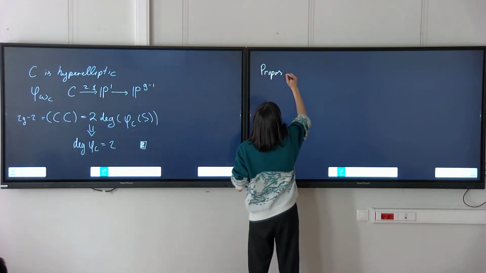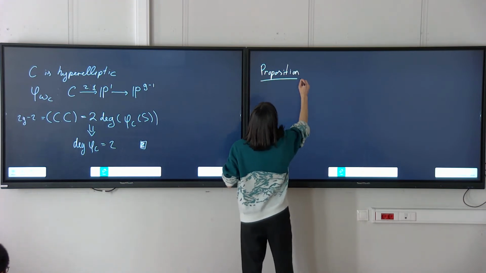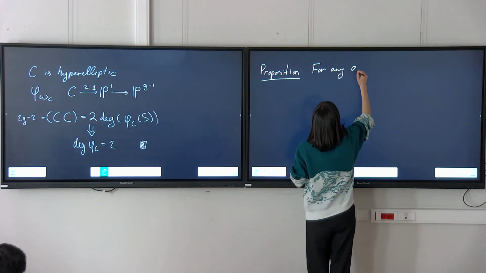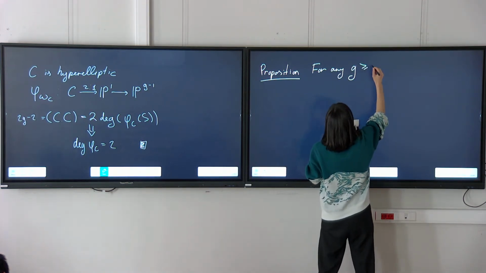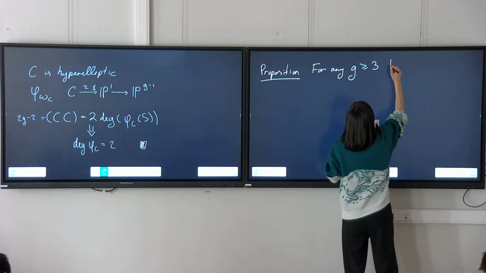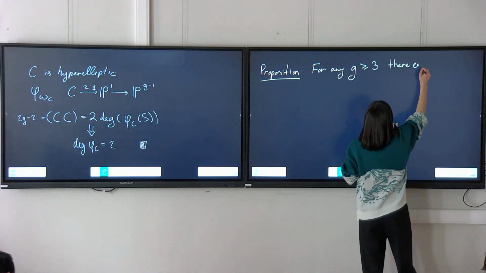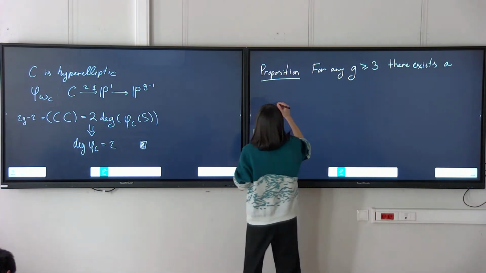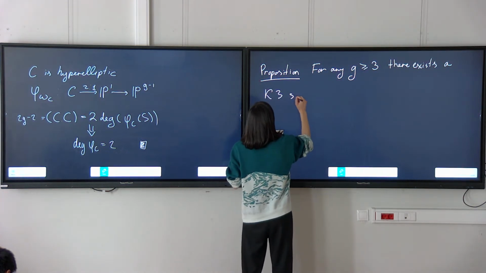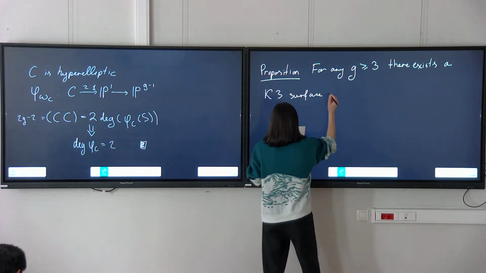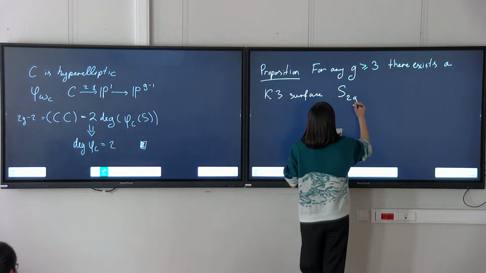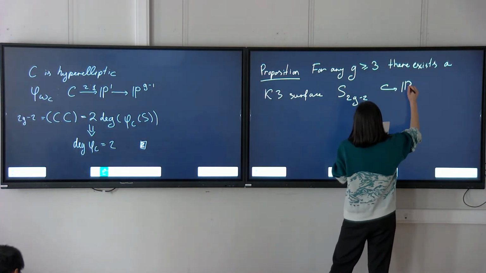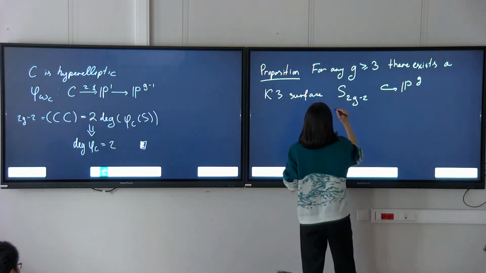Proposition. For any g, there exists a K3 surface of genus g minus 2 that is embedded in P^g and that has a degree